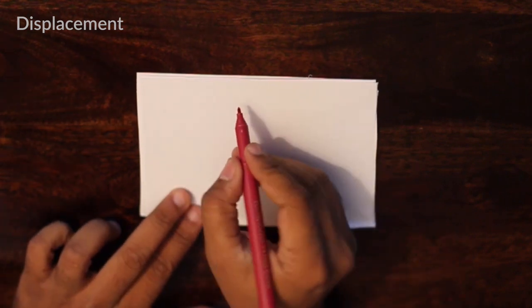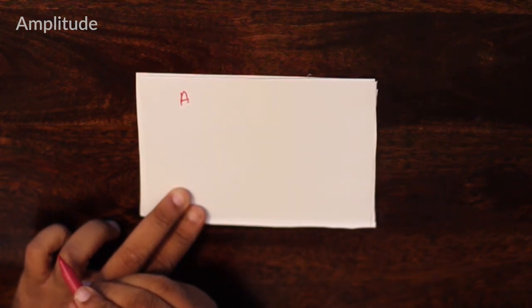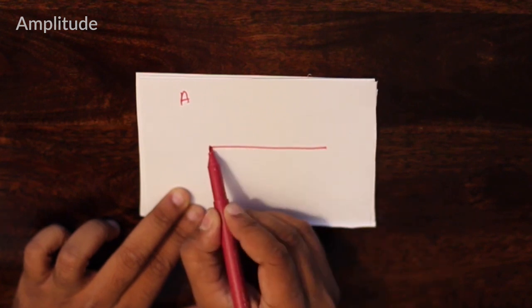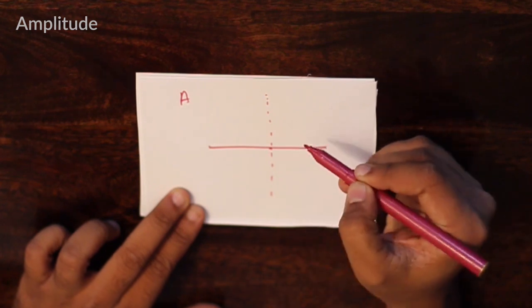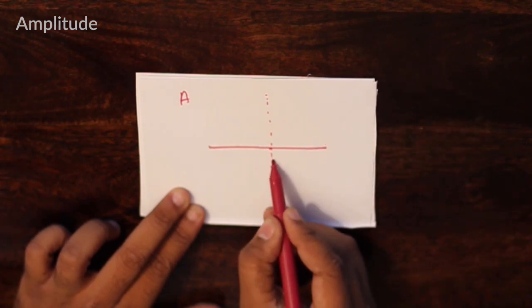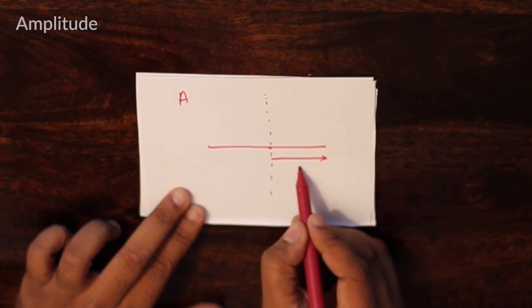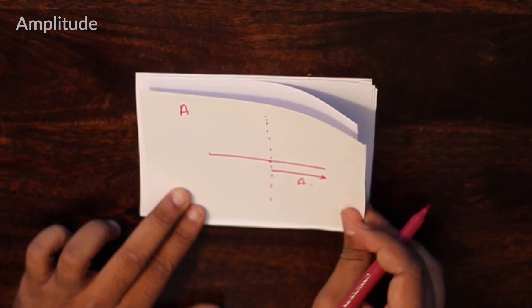Moving on, what is the next part of the equation? That would be the A, which you might be aware is called the amplitude. And what does this indicate? If your SHM is going on this way and this is the mean, then the maximum displacement by the bob would be the amplitude. And this makes sense because when you look at